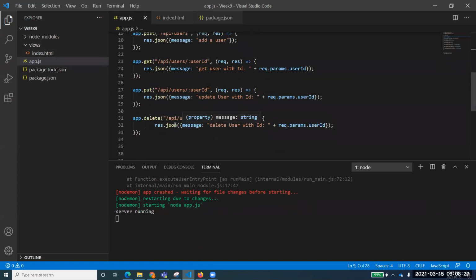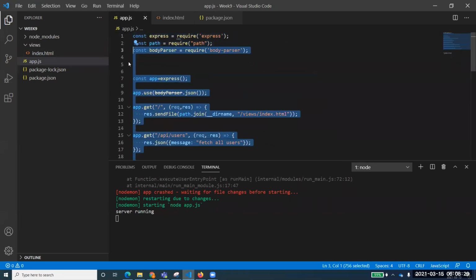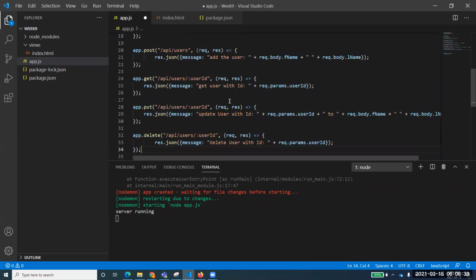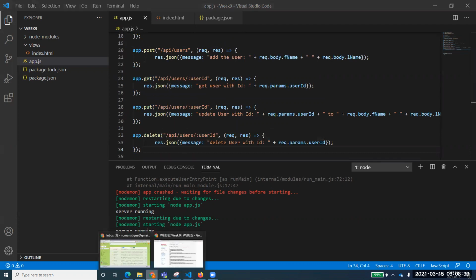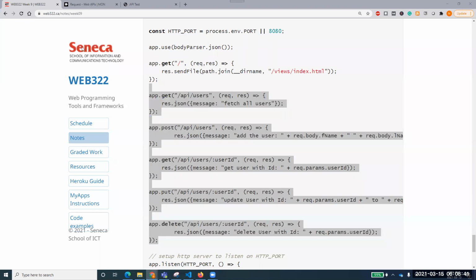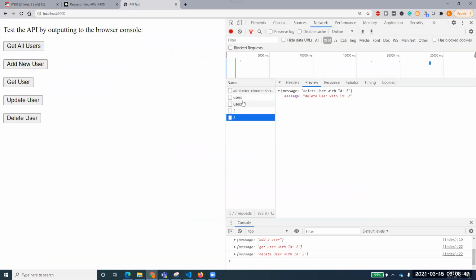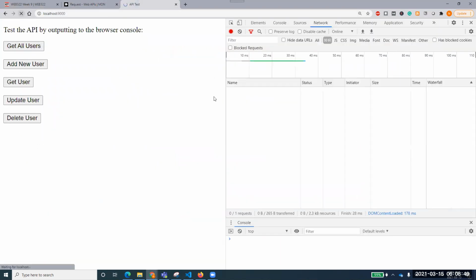These routes, I want to change these routes and till this point. So now we are just accessing the body name as well. So let's save that one. Server is running. If I go here, API test, why am I not going over there? Okay, now I'm inside API test.